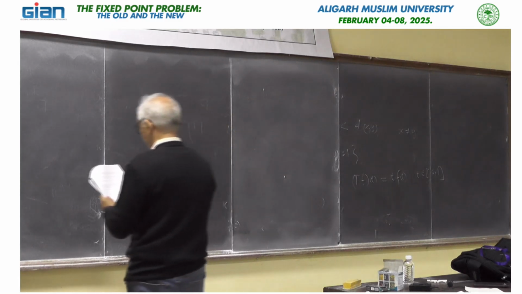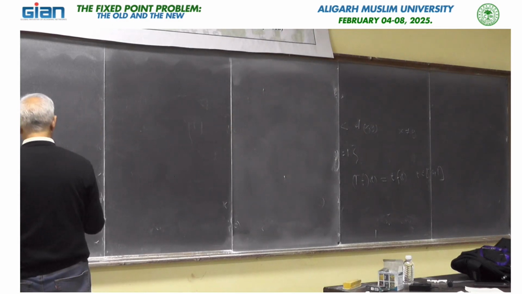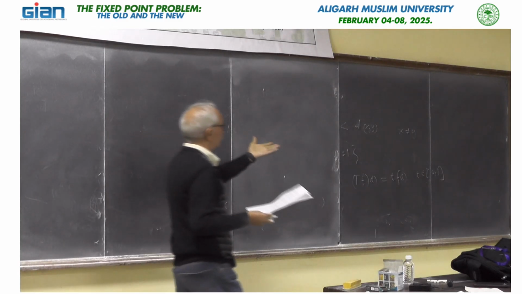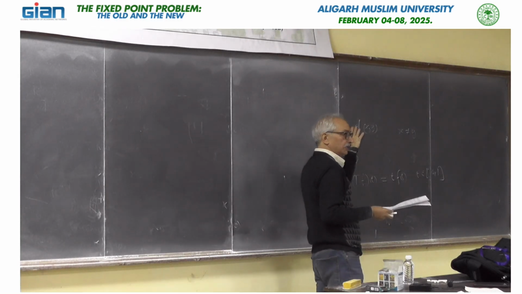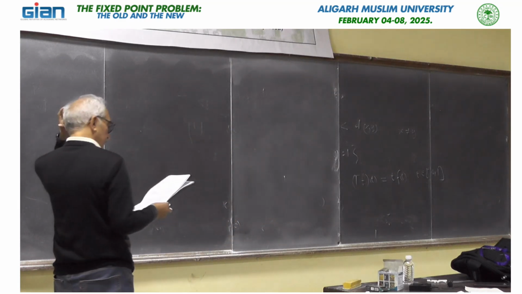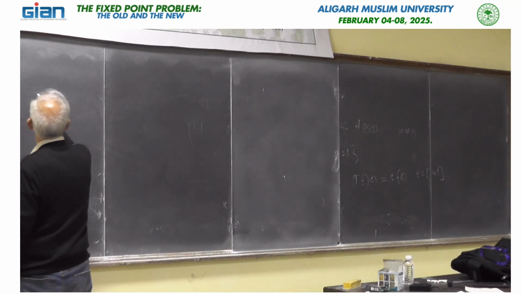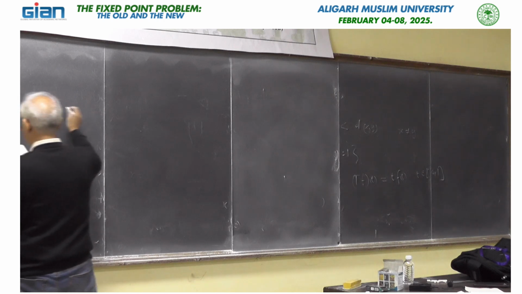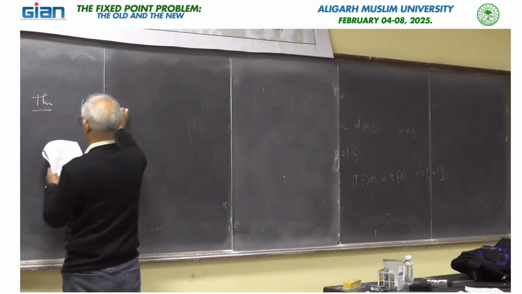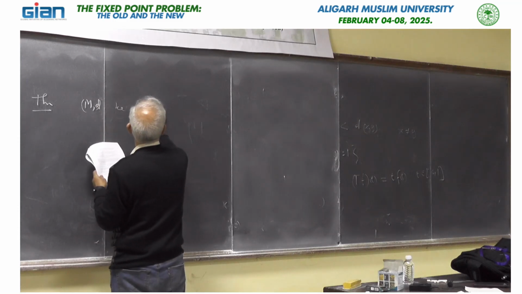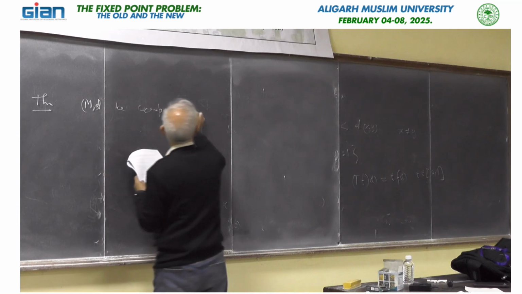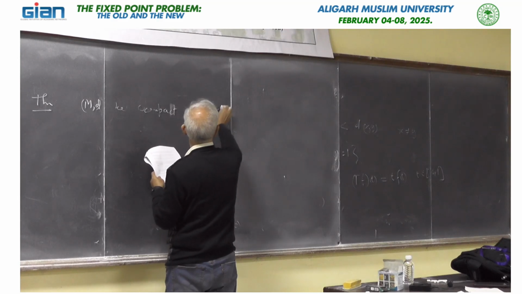Okay, so now, when does this guarantee a fixed point? What is that additional condition? The first result is that if (M, d) is a compact metric space,